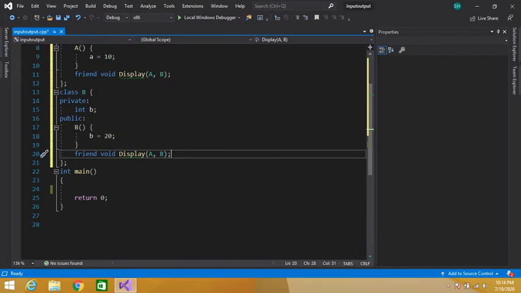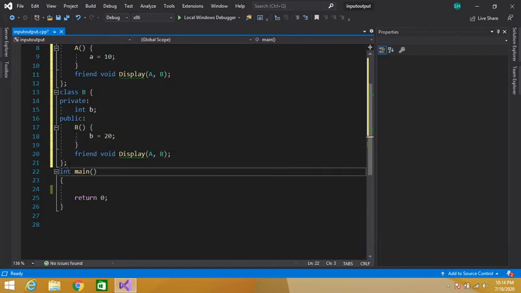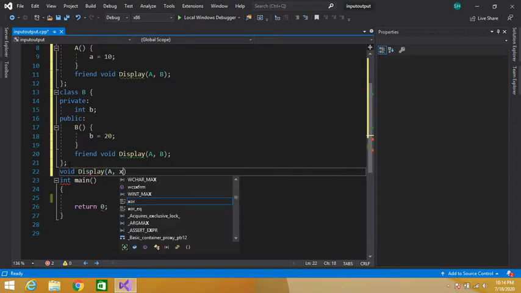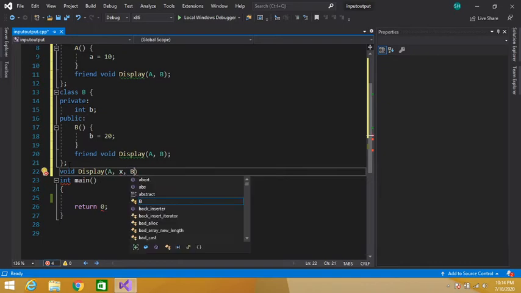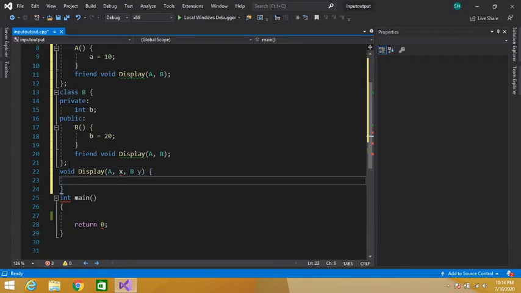Now let's write the definition of this friend function outside the class. Void is the return type of the function, the name of the function is display, and we have to pass two objects, A, let's say x, and B, let's say y. We have passed two objects here.